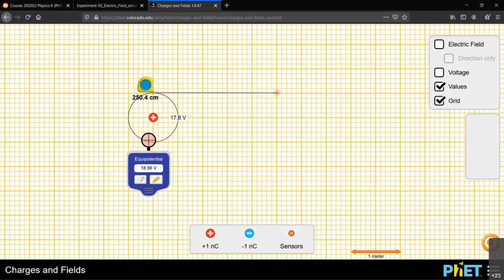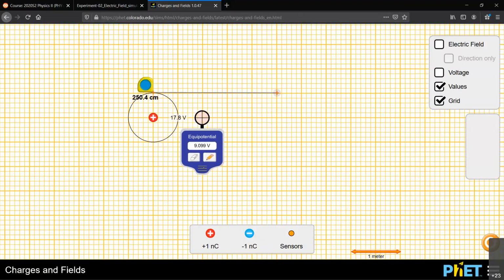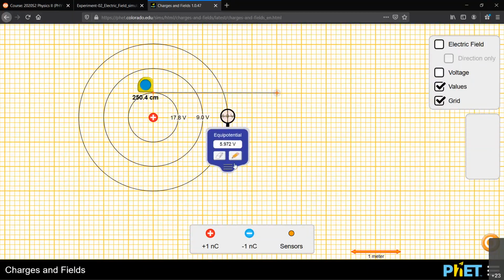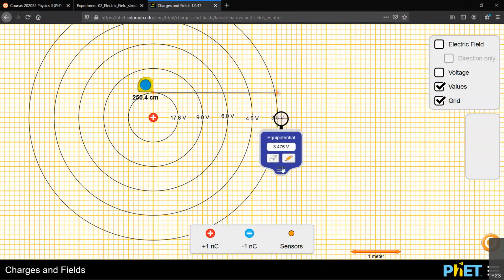Okay, if you take this and then bring this sensor everywhere, you will see the same value. So I have one equipotential line, but I need more. To get more, you go another one large square away from the charged particle. Click again the pencil sign, then you will get another equipotential line. Then you go another large square, click again the equipotential line. Another large square, another line, and then we'll do about 5 or 6 equipotential lines.